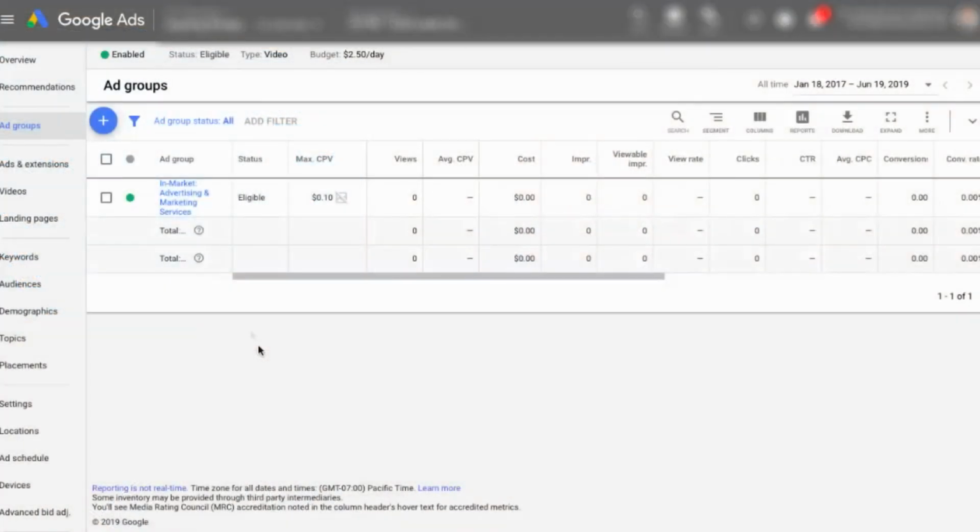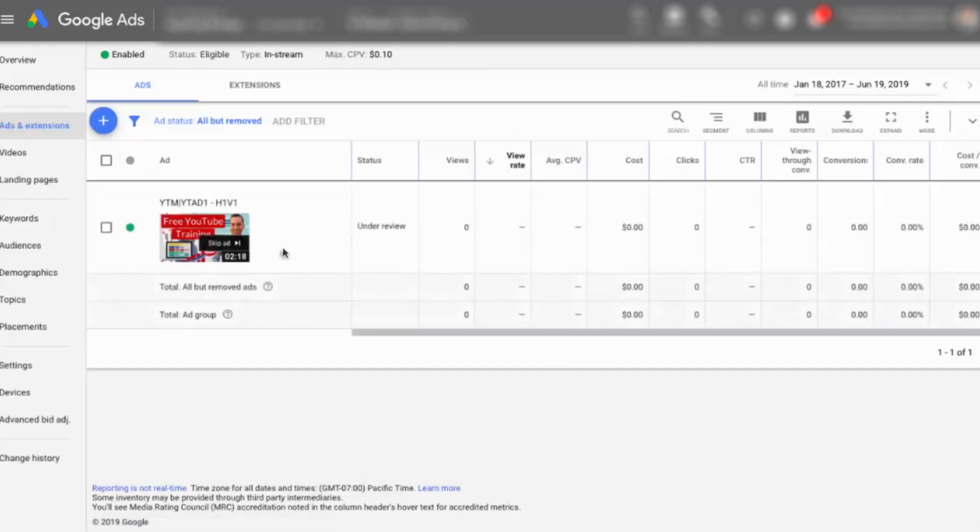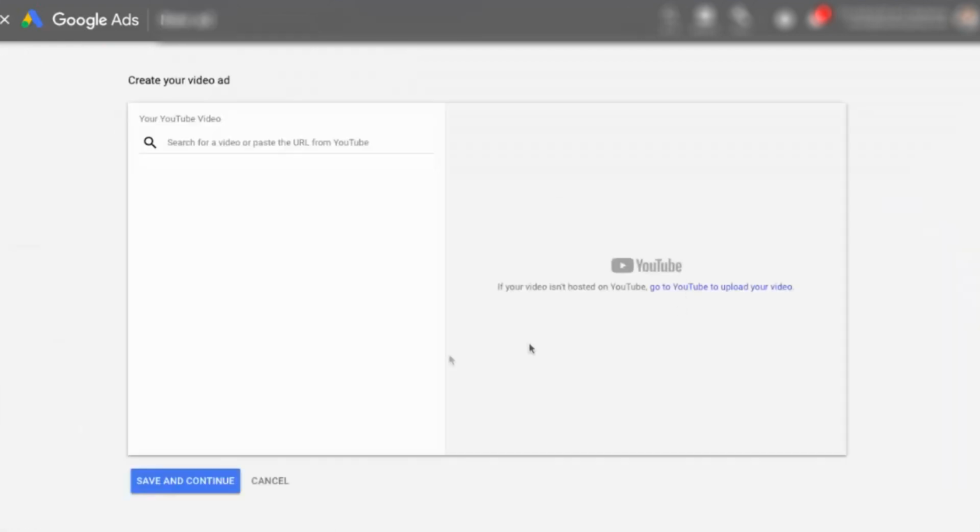And the first thing we are going to want to do is create our second ad. So I typically recommend, of course, 2 to 3 ads. If you only have one ad, that's okay. Let's go ahead and click on the ad group that we've set up, and it'll automatically take us to ads. And we're going to want to add a new ad. And of course, it's going to be an in-stream ad because you can't have discovery and in-stream in the same campaign. And we'll go ahead, paste in our URL.